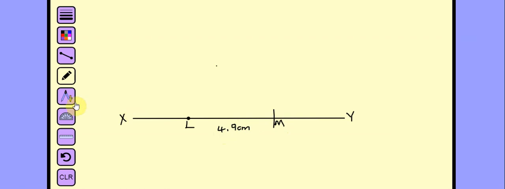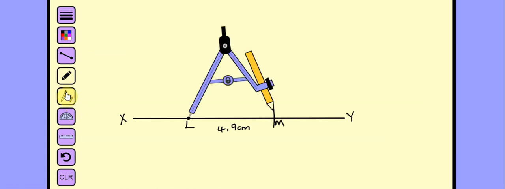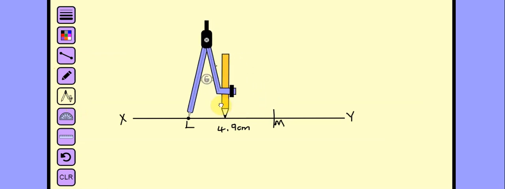Now, the first step I want to do is to construct the 45-degree angle at L, since the question had said angle L is 45 degrees. Now, in order to construct that 45 degrees, I will need to construct a 90-degree angle and bisect it. So if we recall how to do that,